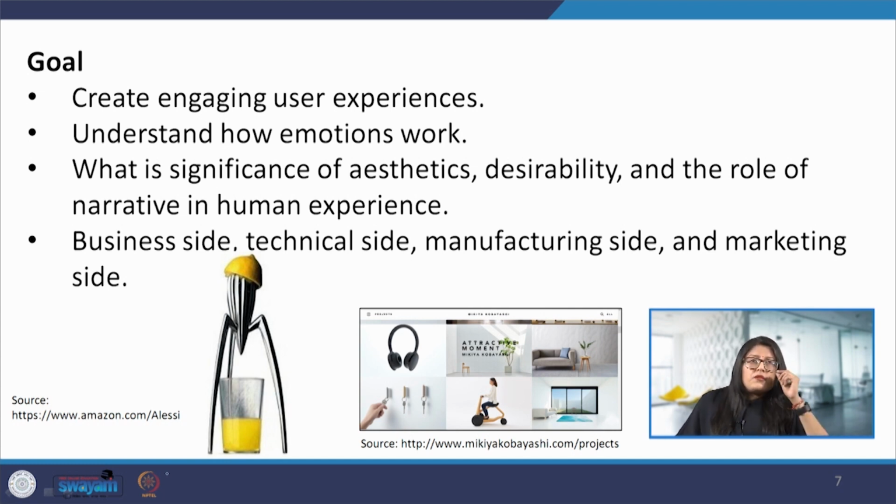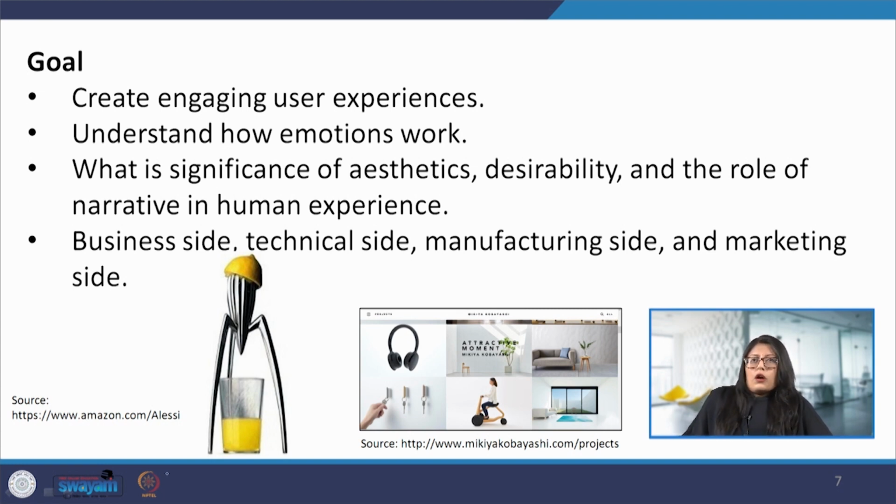Here, for example, we can see on the screen this juicer by LSC, and it may not be the most functional or utilitarian product, but it is very aesthetically pleasing, and people really enjoy purchasing and keeping it on display. Similarly, this website next to it is very simple, minimalistic and clean, where one can easily find their way around, and it makes their work very simple. They probably would want to go back to this website because it saves their time and is very efficient.